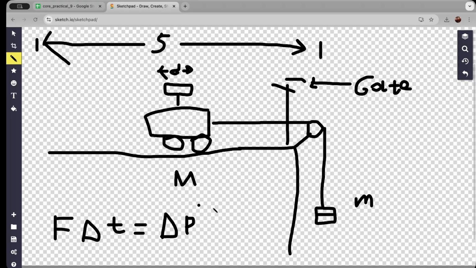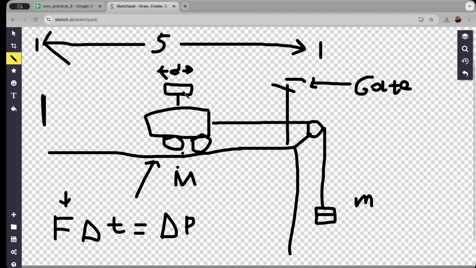So the idea is that you apply an external force, in this case this force over here, with the hanger and the masses, so the lowercase mass m times g is the force exerted on this trolley. This force is applied for some time delta t, and that time delta t is the time needed for the trolley to start from rest back here and cover this distance s. The force is applied for that amount of time, and the change in momentum can be calculated by multiplying m times the change in velocity, which is pretty much the final velocity because it starts from rest. The final velocity can be calculated using a light gate that measures the time delta t needed for this very small cart attached on the trolley